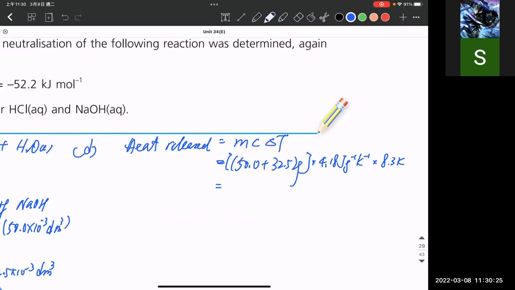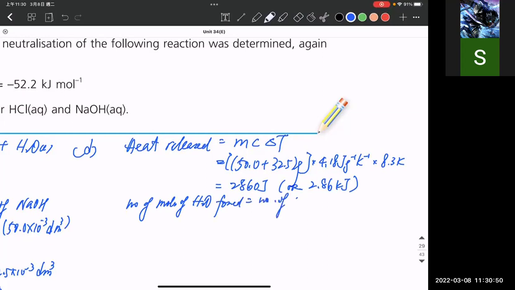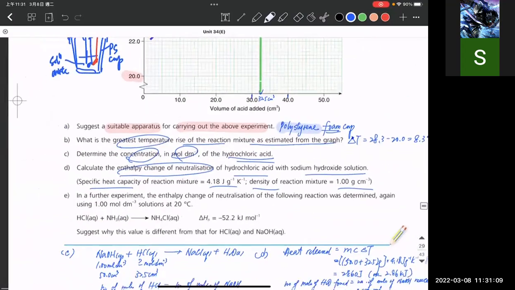2860 joule, or 2.86 kilojoule. Okay, you use this data for help. Number of moles of water to be formed. It is equal to what? What I've just added initially. NaOH. NaOH, originally I make it as 0.0500 mole, isn't it? So it is exactly what you have got from here